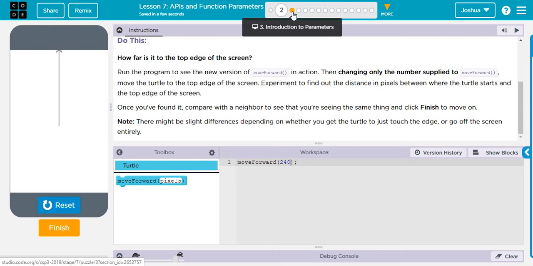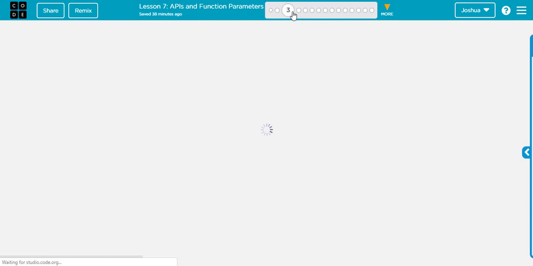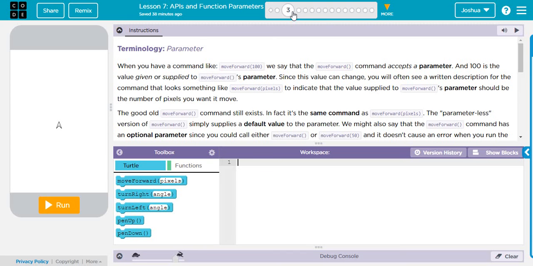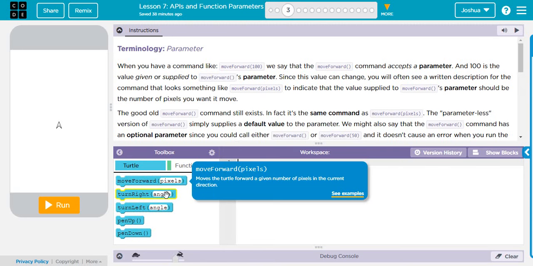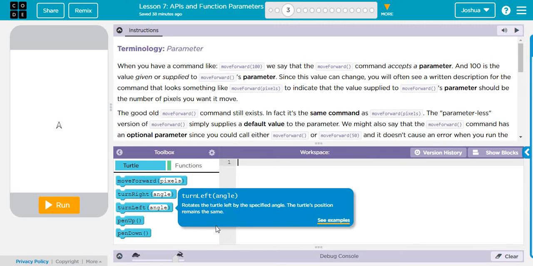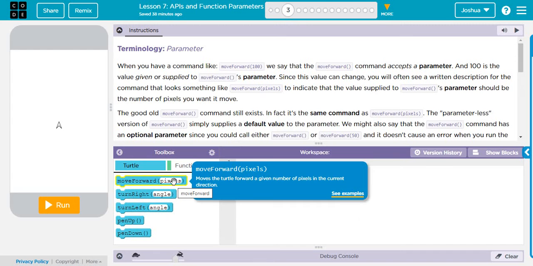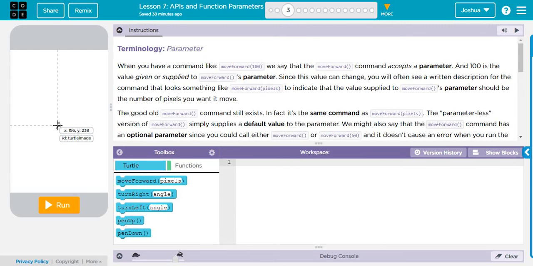this unit involves us moving our turtle in different ways using parameters. Parameters are the values that you put in between the parentheses here that allow us to move. And remember, yesterday we talked that move forward was in pixels, and these pixels are given to you. Remember those little dots that light up on the screen? That is indicated by the X and Y values of your cursor in here, okay? And then,